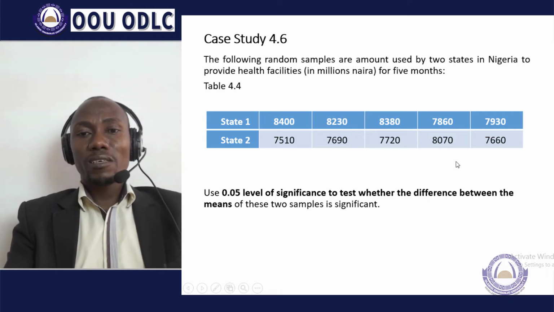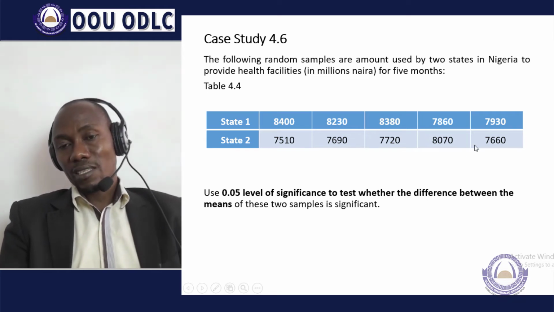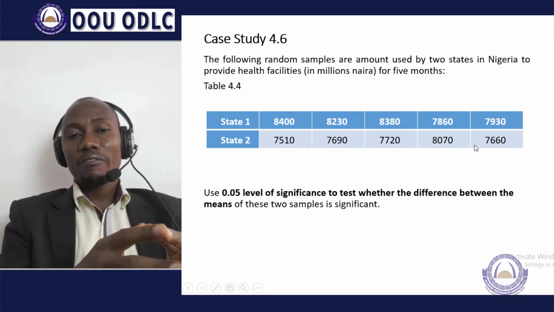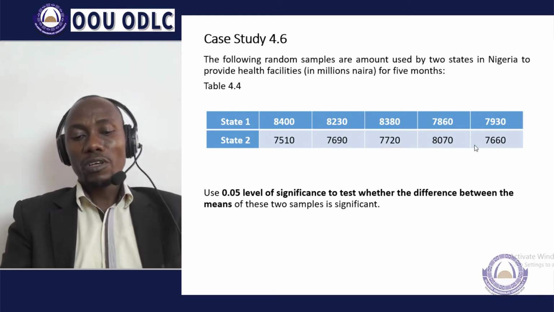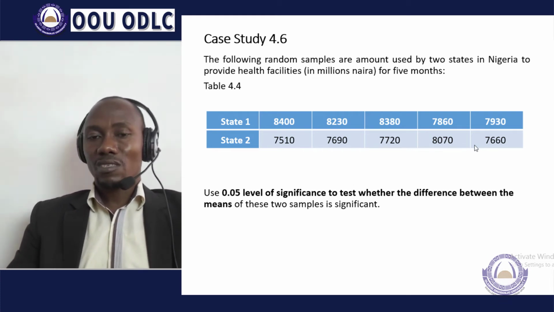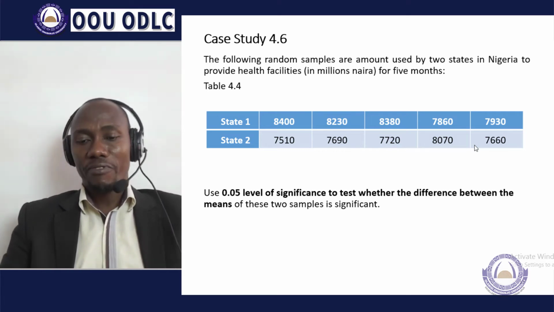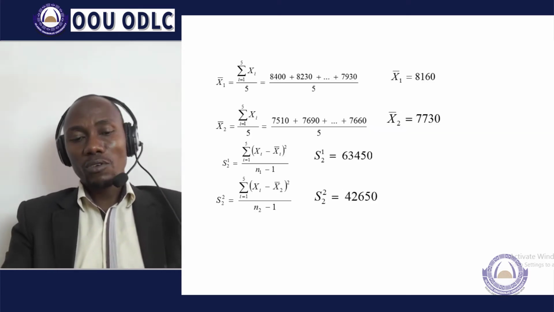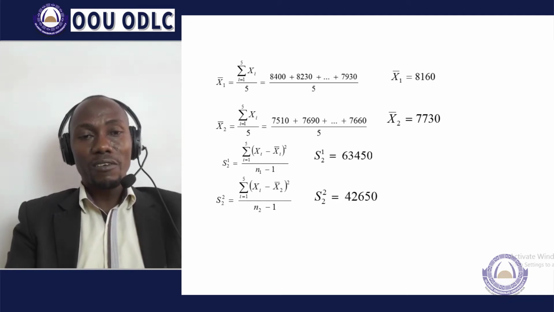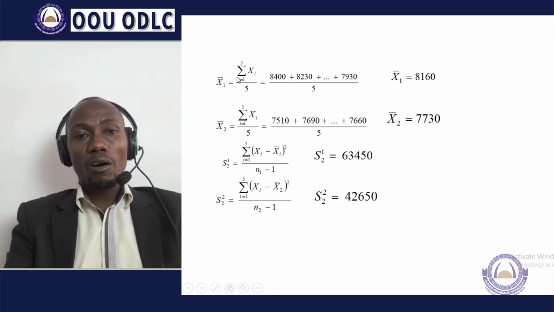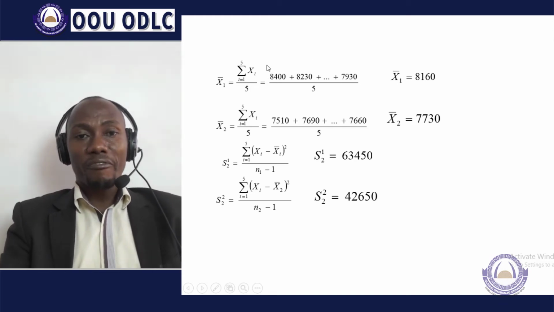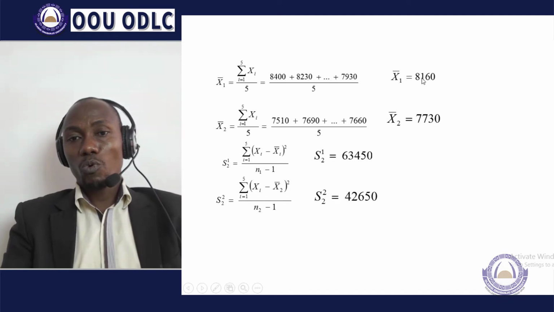So here we can see that the sample size is less than 30 and we have samples of two populations. So we know the appropriate test statistic to use is the t-test statistic with the pooled variance. Before we can use the test statistic, we need to compute the necessary parameters. The sample mean of the first sample is obtained by adding all the 5 values together divided by 5, which will give